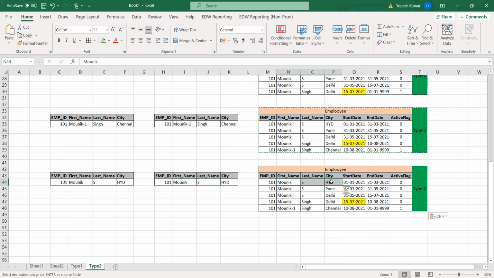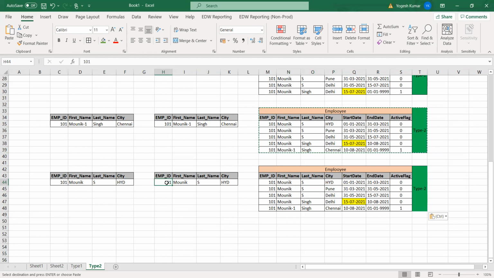Then why would we update or add any new record? Because he changed the city, but that city already exists. But we have to maintain it now because we have maintained historical data. We can't delete that history from the data warehouse.